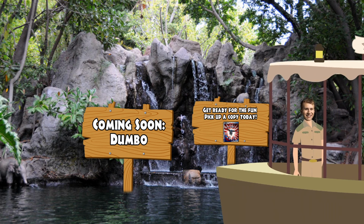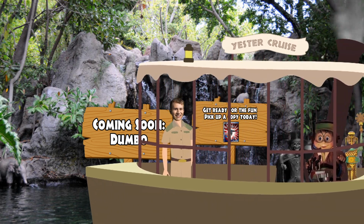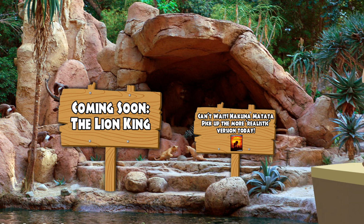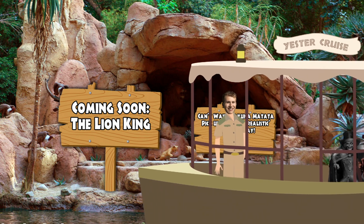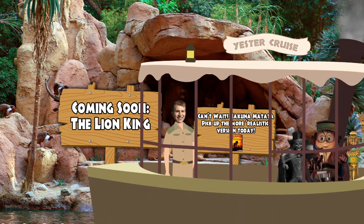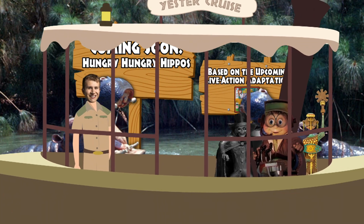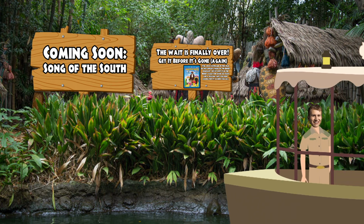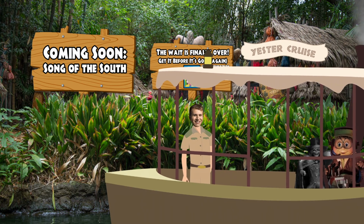I hope you have your trunks on because... Okay, well it's a bit of a stretch, but both do feature elephants. I hope you're in the mood for zebra, as here in the... Okay, more changes than I thought. Oh come on, that's not even a Disney movie. Oh my. Well this is awkward. Seems like a step backwards, but